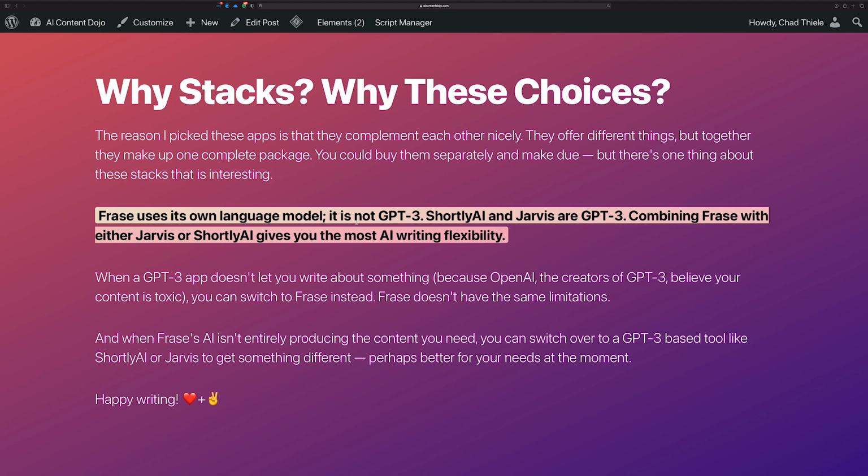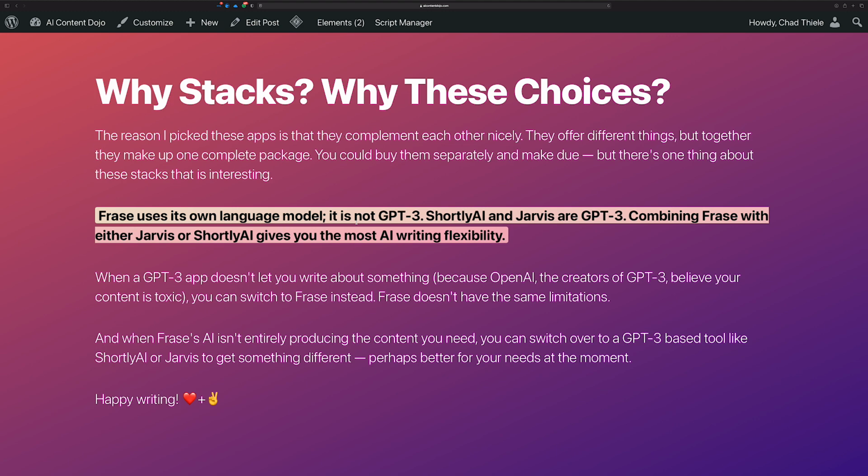And because they did it in their own way, they're not using GPT-3. Since it's their own language model, it gives them some capabilities for situations where, for whatever reason, OpenAI has rules in place that prevent you from writing about things because OpenAI deems it toxic. And you run into that a lot more than you think with these GPT-3 writers.